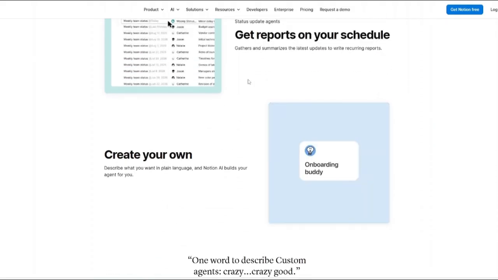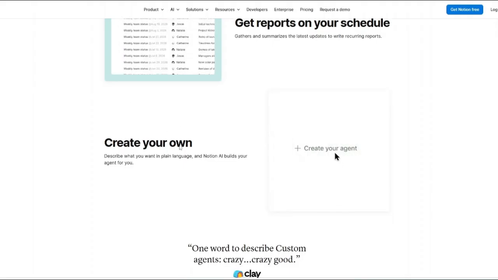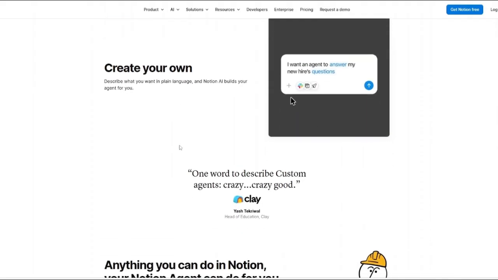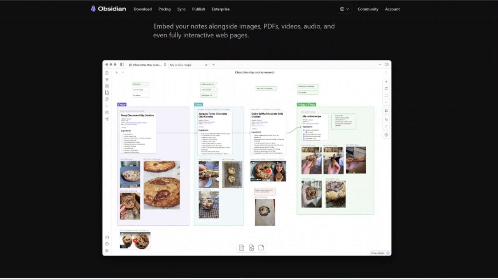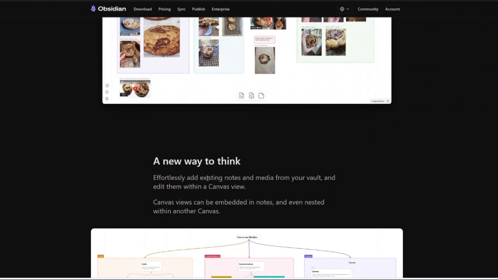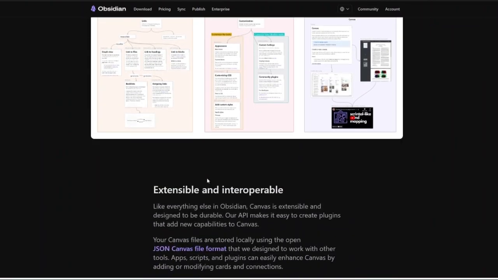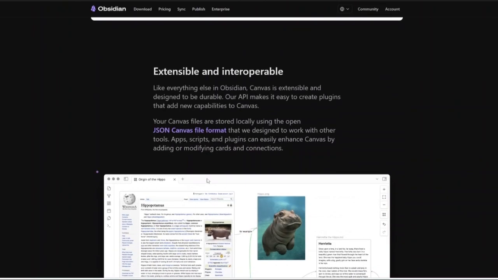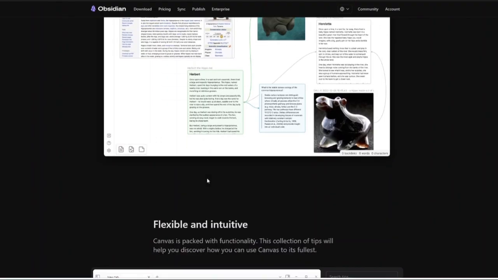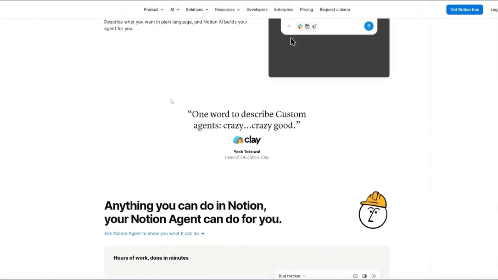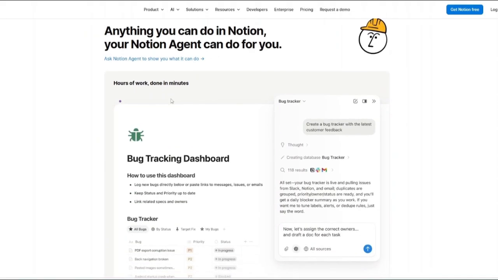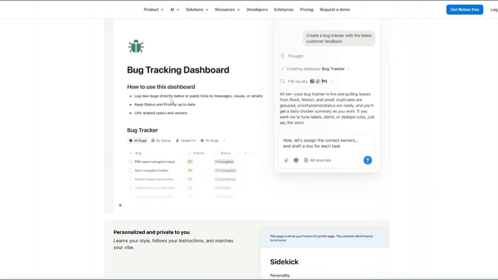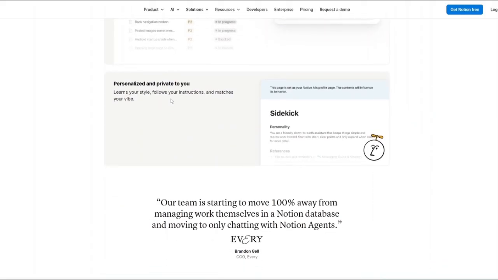So which is best, Obsidian or Notion? Well, the answer depends entirely on what you're trying to accomplish. So here's one thing to note. If your top priorities are privacy, ownership, offline access, and building a long-term knowledge system, then Obsidian is arguably one of the best tools available today. However, if you want a platform that combines notes, documents, databases, project management, collaboration, and AI into a single workspace, then Notion is incredibly difficult to beat. And that's it on the comparison of Obsidian and Notion.